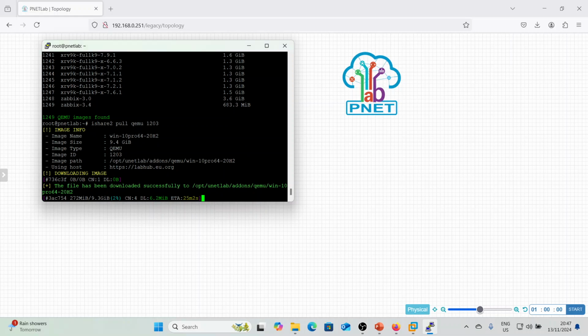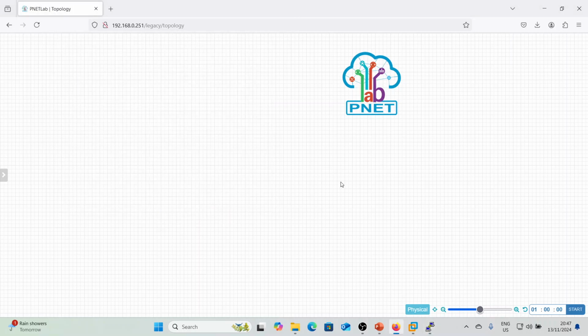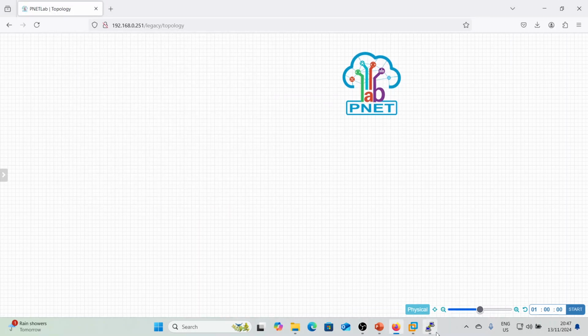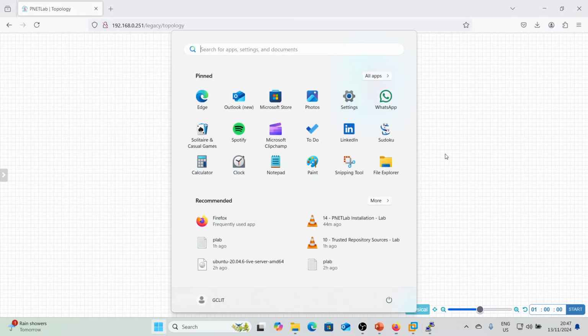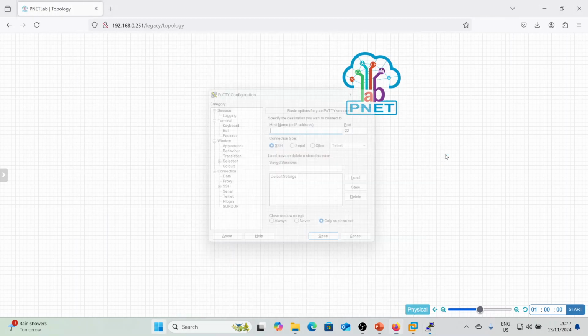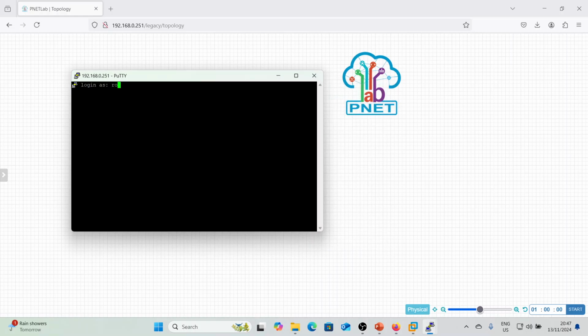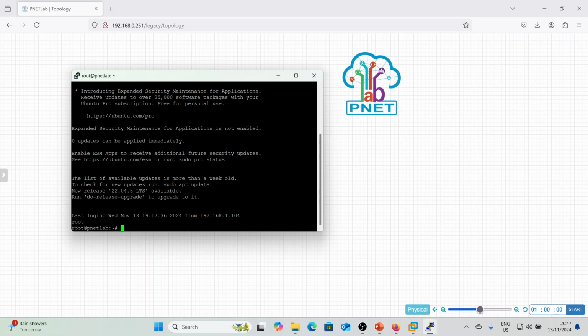I can also run multiple instances. So while this is downloading, I can bring up another image. So let's say this is downloading now, right? I can bring up a new image, say maybe. So let's do this again. 192.168.0.251. I'll log in as my root user. I'll put in my password. Then I'll do iShare2